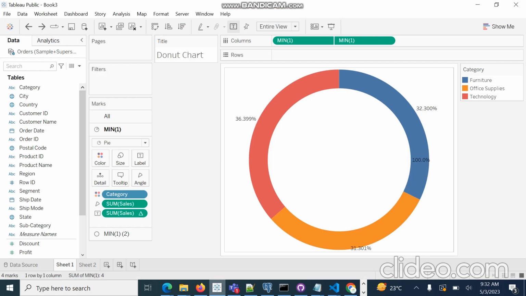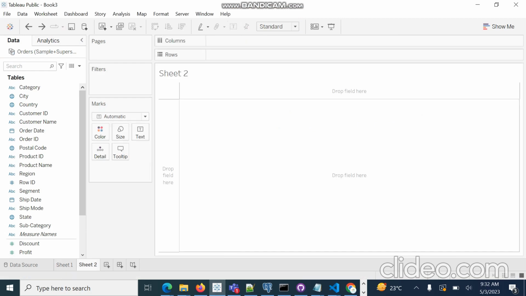In Tableau, we will go to a new sheet and use the same data set, the sample superstore data set, for creation of the Pareto chart. First, we will go to the subcategory and simply drag and drop subcategory to the columns.